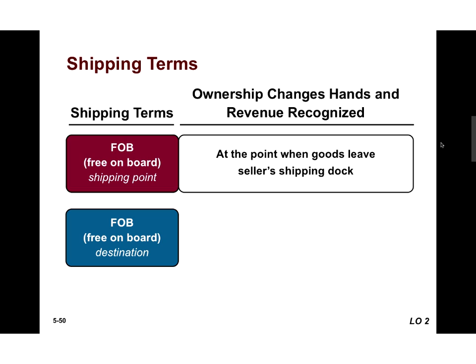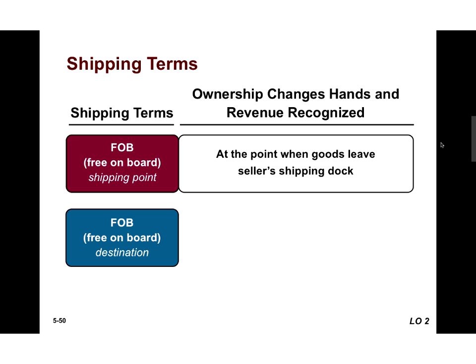We are going to have a slew of questions today on this. So you need to know FOB shipping point. Revenue is recognized when the goods leave the shipper's dock. The customer is not standing at the dock to get the goods. The customer is across the country or wherever they're located. Once UPS picks up the goods, revenue is recognized.